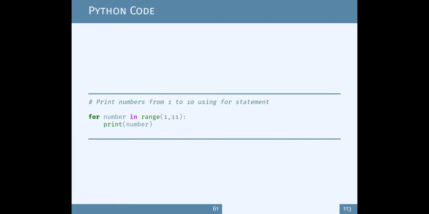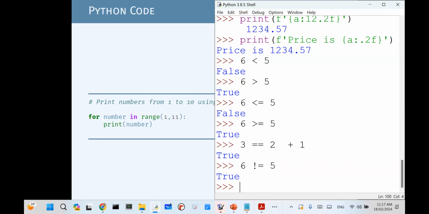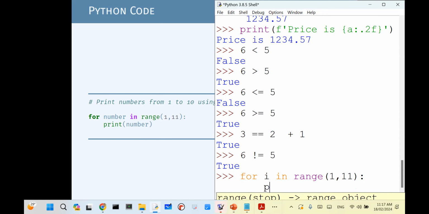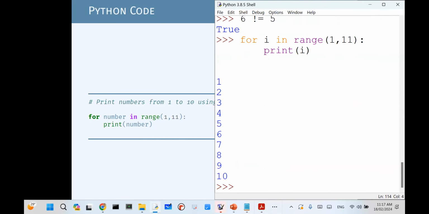So if you want to print something 10 times, of course, you can use a for loop like this. For example, for i in range, I can say 1, 11. And then you can say print i, which will print numbers from 1 to 10.